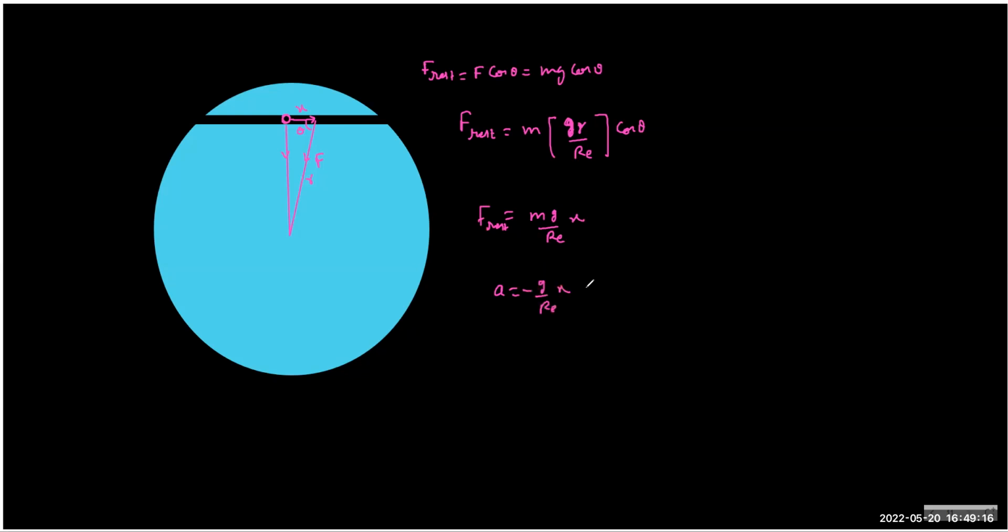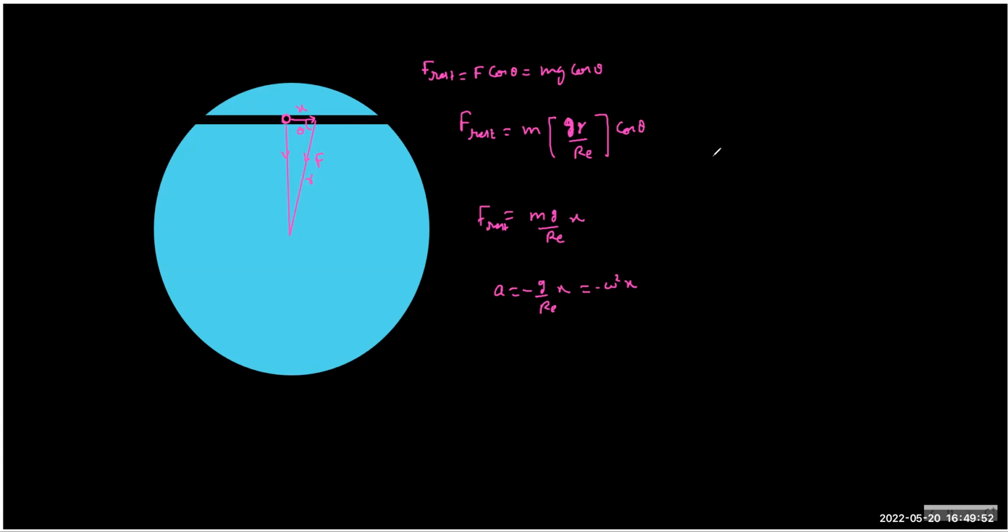Yes, sir. So does it change if you go to another tunnel? It's the same answer, right? Yes, sir. So that is the reason every tunnel will exhibit similar SHM, and so the time period will be constant. That is why, if you dig a tunnel, or if you simply think hypothetically, the time taken to go from one end to the other end is constant, and in fact the answer we know is 3 pi by rho g under root.